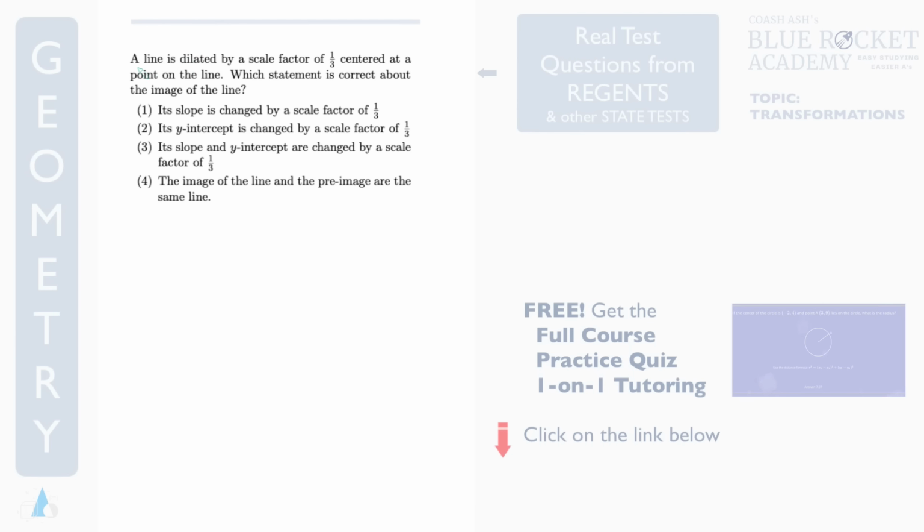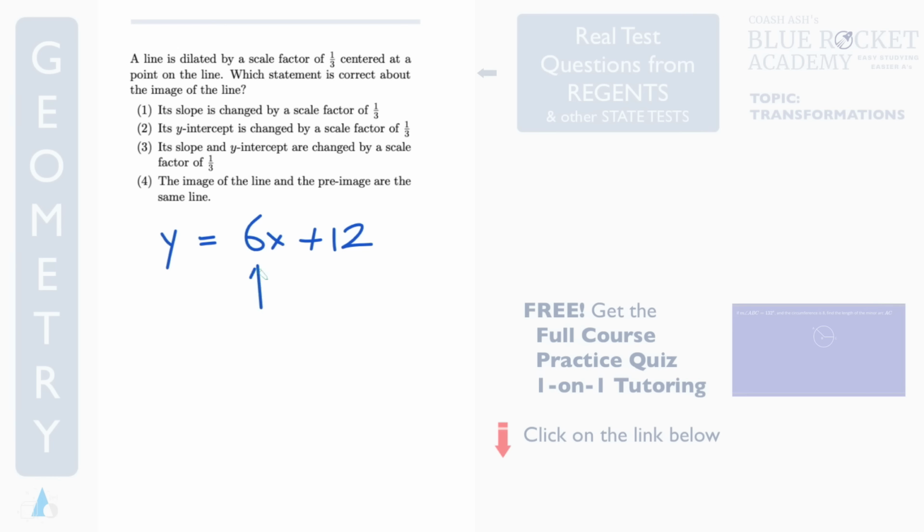So they're saying a line is dilated by a scale factor of 1/3, and then what's going to happen? What is the correct choice here? I'm going to give you a hint on how to solve this problem, and then you will be able to solve it yourself. Let's take an example. y = 6x + 12, and this is the original line. When it's dilated by a scale factor of 1/3, what happens is